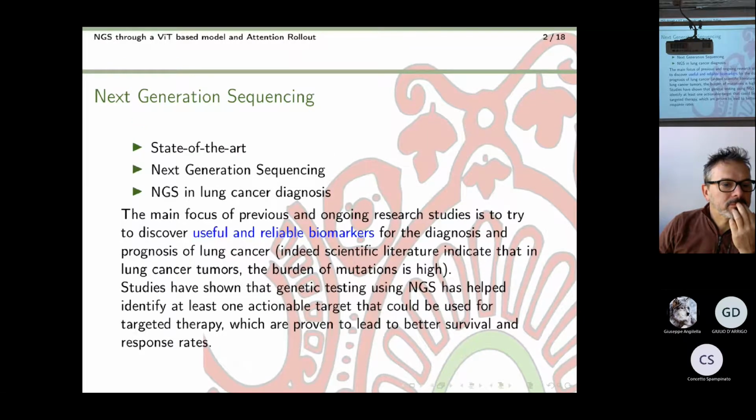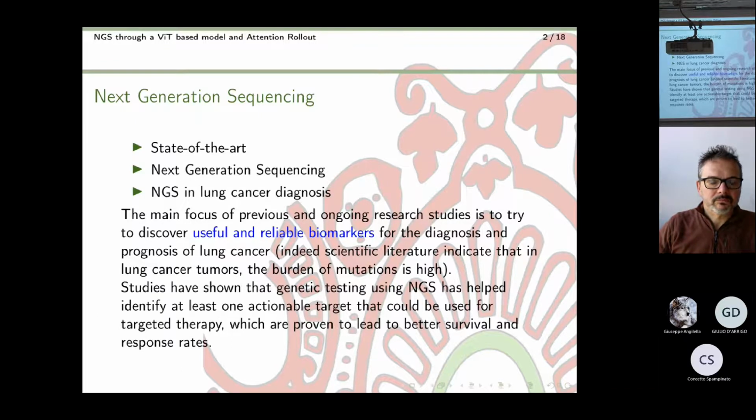As you may know, lung cancer is still one of the deadliest and most commonly diagnosed types of cancer. And the high death rates are mainly because of two reasons. The first one is that lung cancer typically shows low response rates to therapies, and the second one is that lung cancer typically is